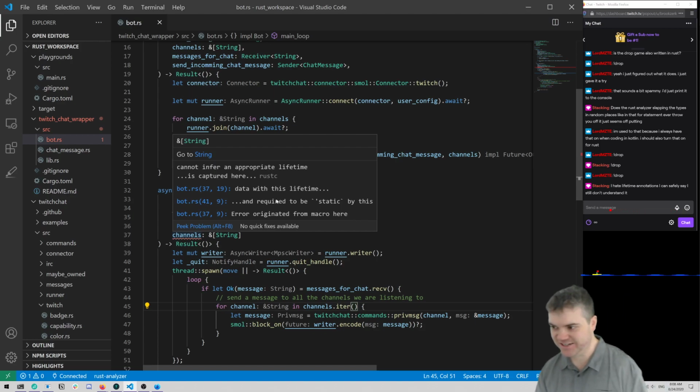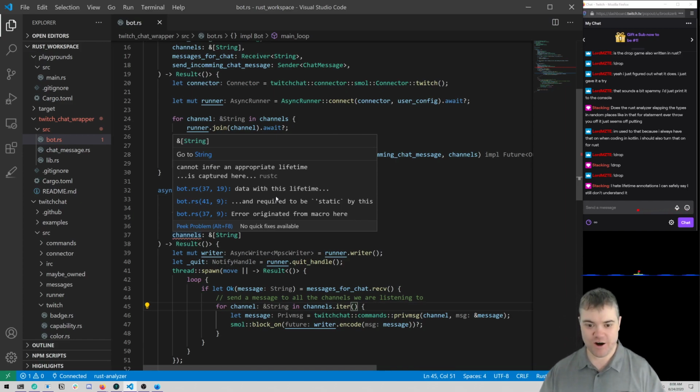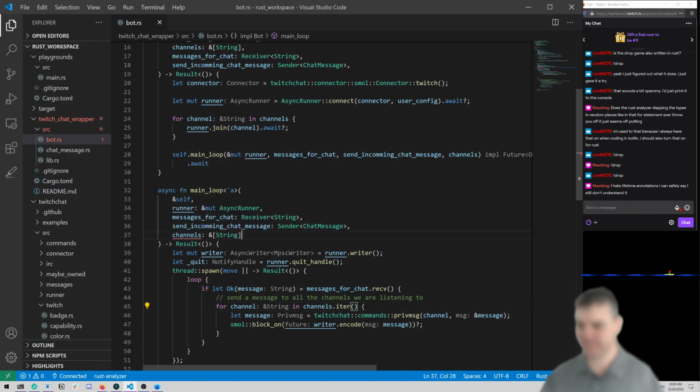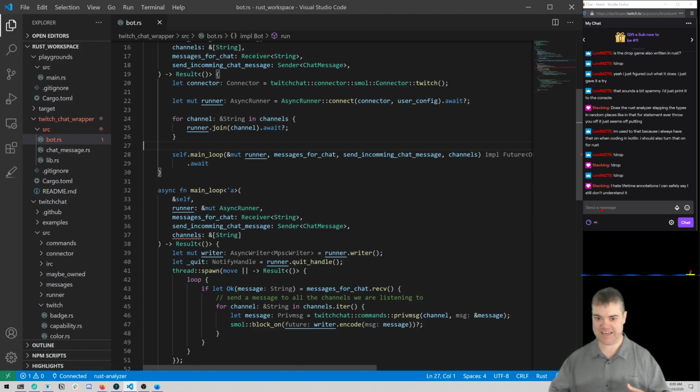Stacking, you hate lifetime annotations. You can safely say you still don't understand it. They're getting better too, because I haven't needed to do this for a very long time. And I'm trying to avoid doing it because all of the people that I look up to in the Rust world are saying, if you have to use a lifetime, there's probably a better way. Even if you have to clone or do something, just do that first and don't try to go the lifetime route until it's actually slowing you down in reality, and you really need to for programming speed. So I guess we could clone our